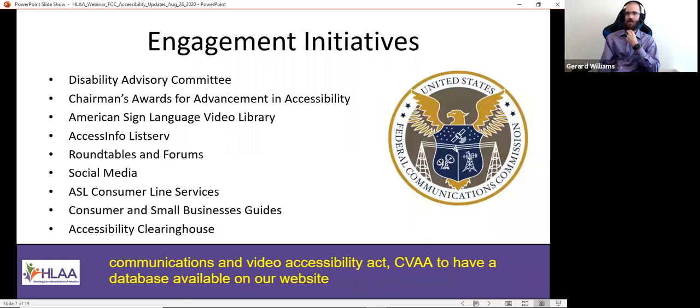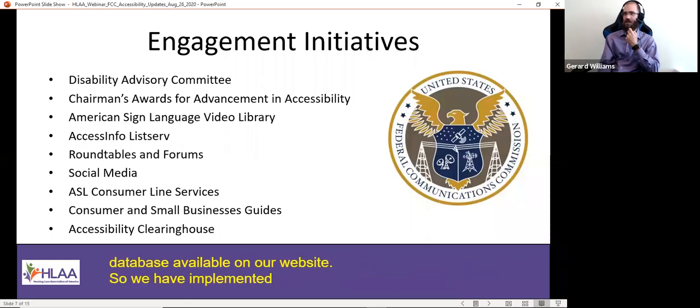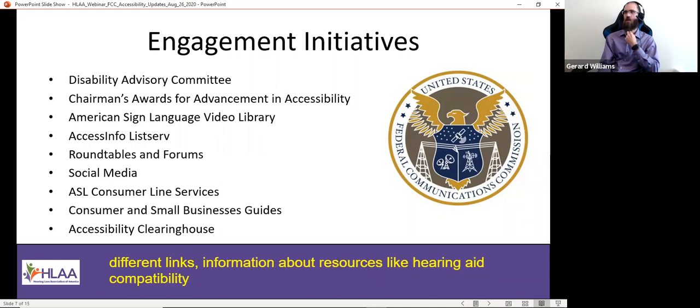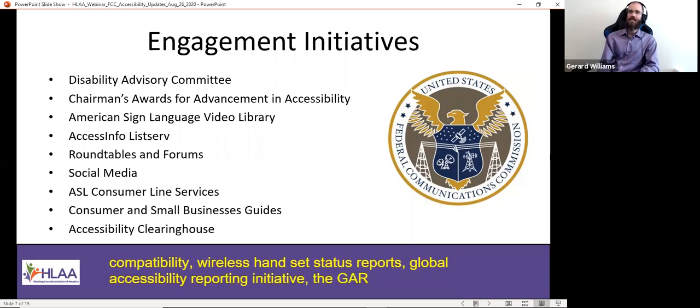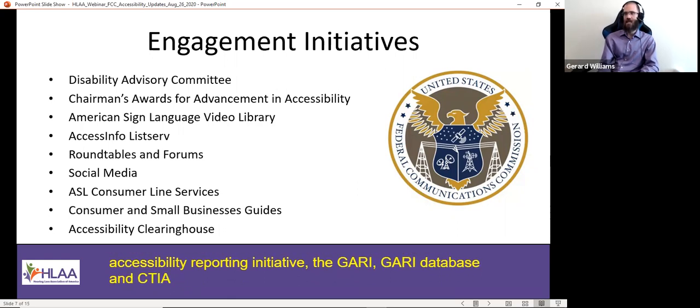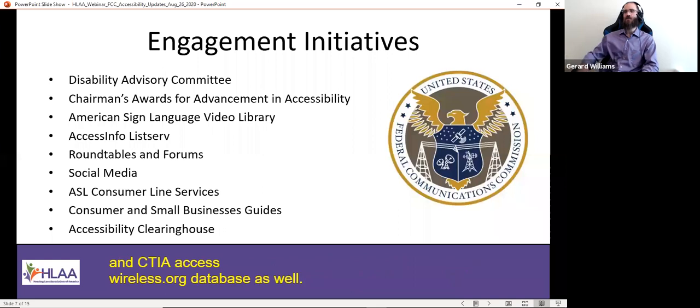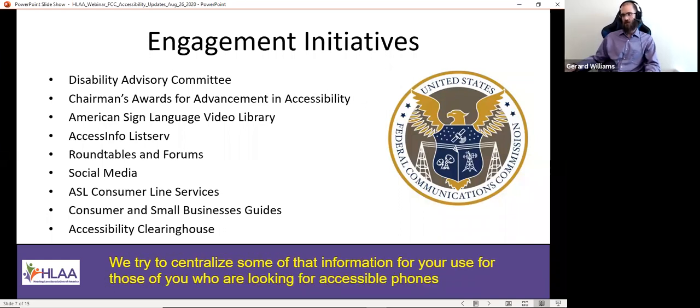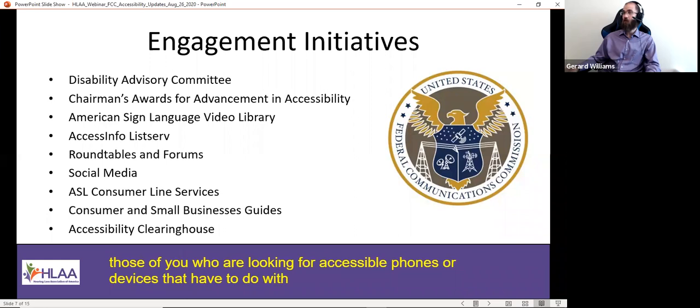So we have implemented a database with access to lots of different links and information about resources like hearing aid compatibility, wireless handset status reports, the Global Accessibility Reporting Initiative GARI database, and CTIA's accesswireless.org database as well. We tried to centralize that information for those of you looking for accessible phones or devices that have to do with your hearing loss. You should be able to get that information there.